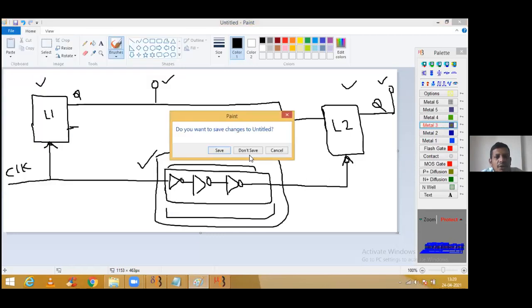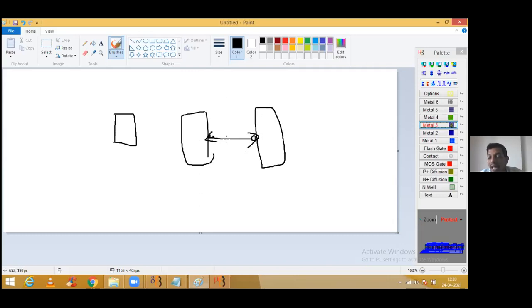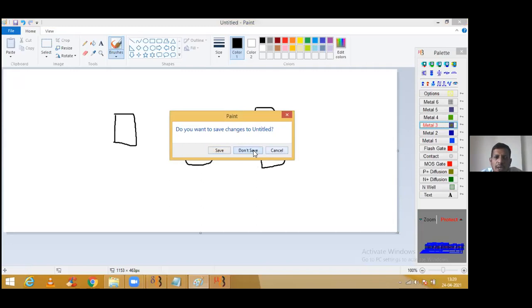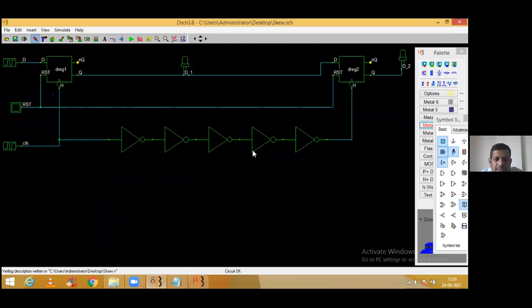Such a type we can call H type mitigation, which means that whatever circuitry you are going to design should be H-like circuitry. It means this is your clock, and this is another one, latch 1, latch 2, likewise. An H type mitigation technique can be used to overcome the effect of that delayed clock. So you can read up and find out how, because clock skew is very important. Okay, guys, everybody, shall we move further?